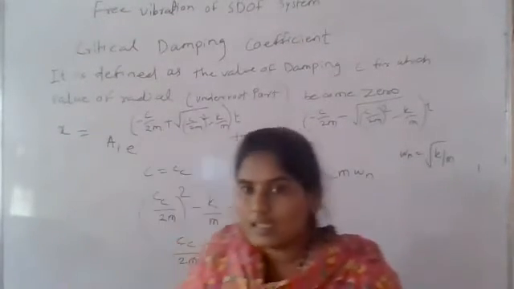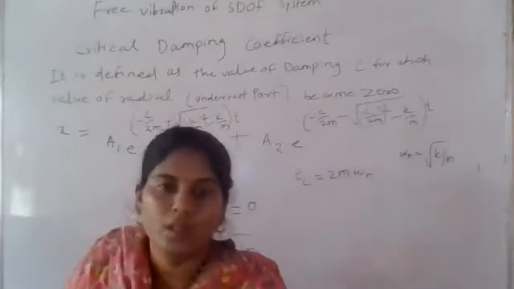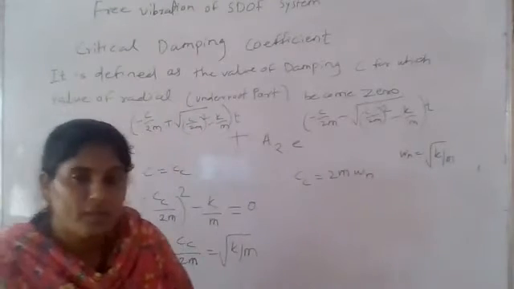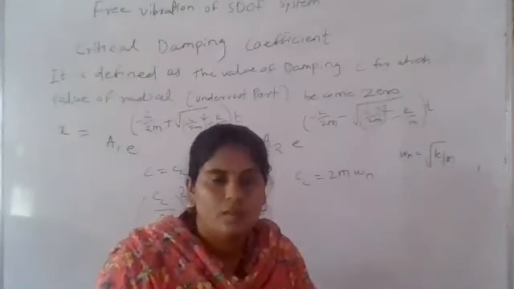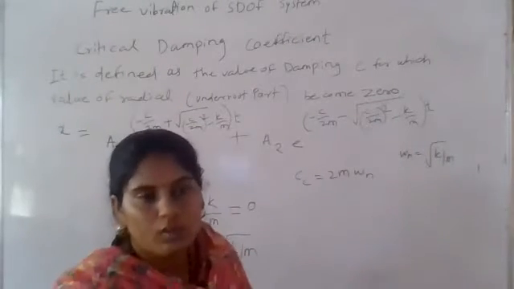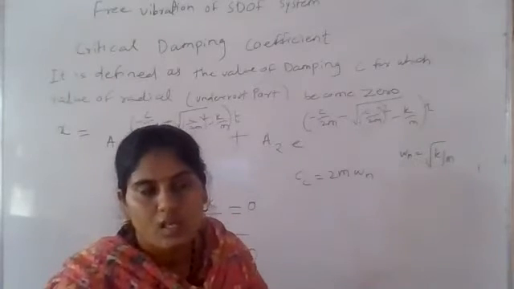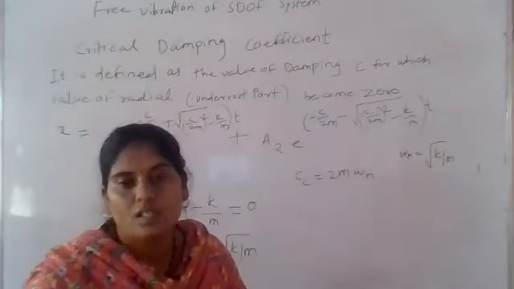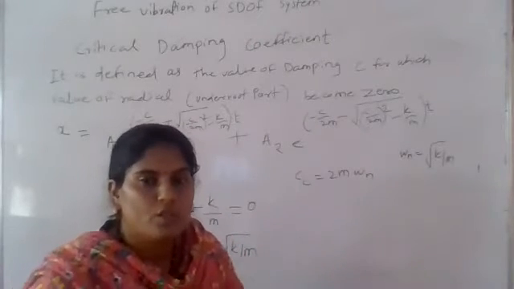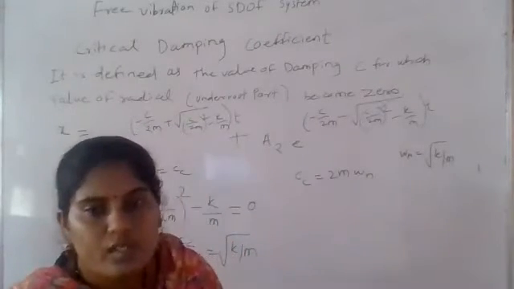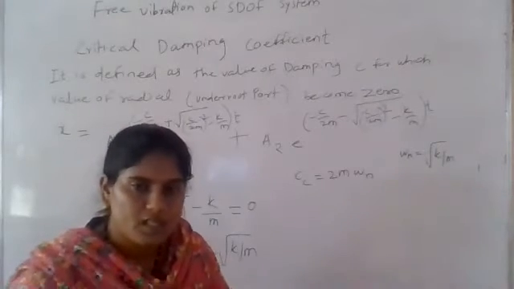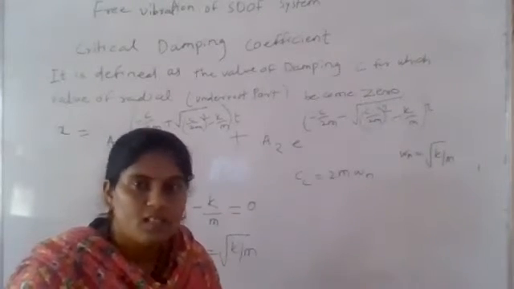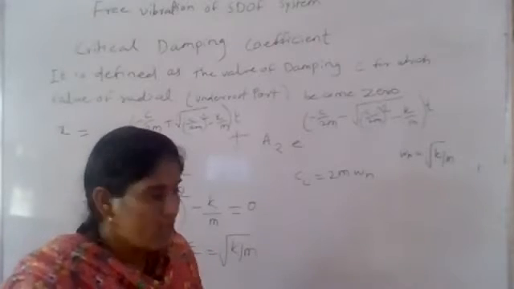Okay. In the last lecture, we saw unit number two, the free vibration of single degree of freedom system. From that, the first point we saw was the different types of vibrations. Second, we saw what is meant by damping. Third, we saw the first derivation, related to the free vibration of an undamped system. We saw the mass spring damper system and the equations produced for the dynamic analysis.